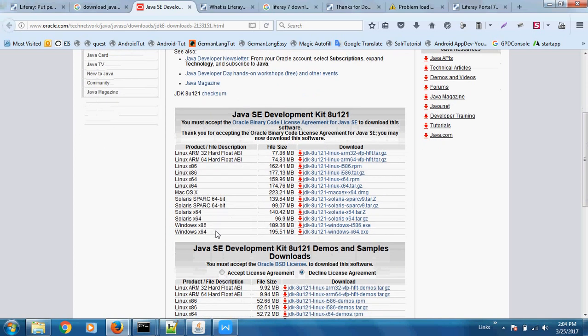and based on the OS that you have, you can download the corresponding package. Like for me, I have Windows 64-bit, so I will download this Java JDK 8 update 121. Once you click on it, it will redirect you to the download page.